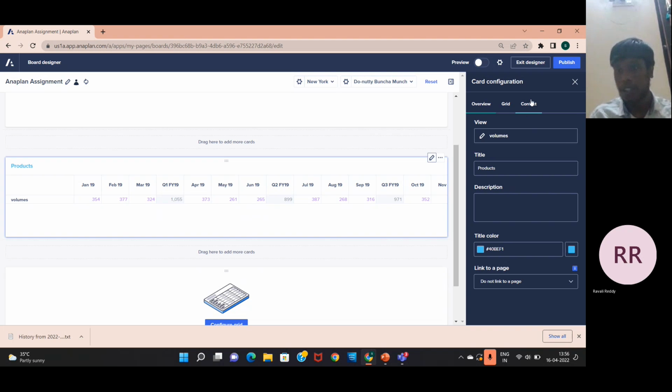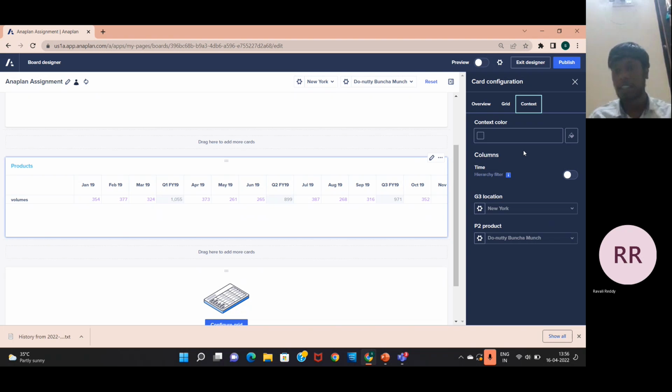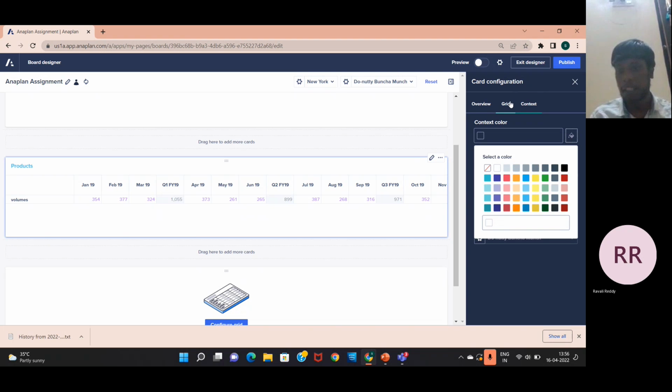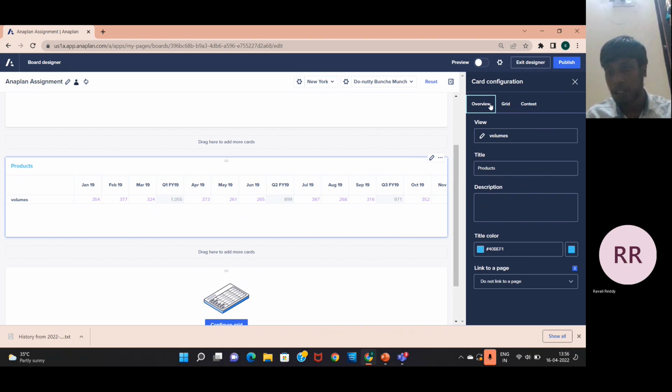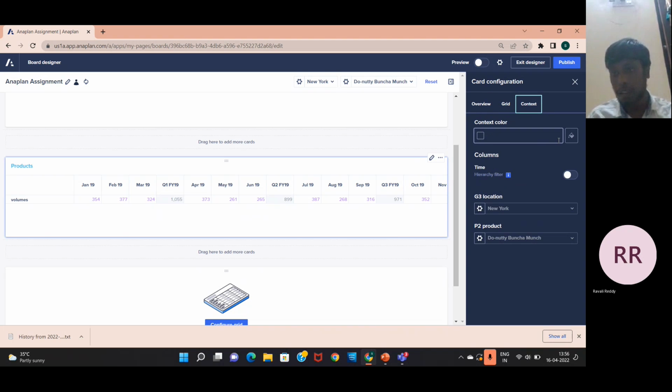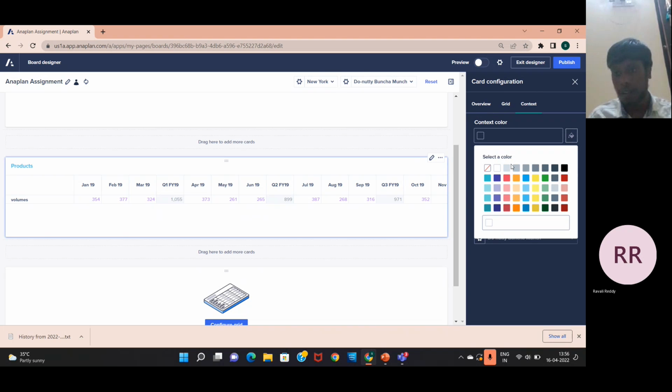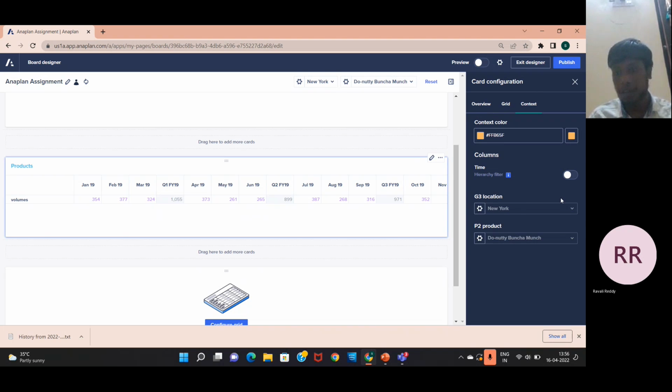And last is context. Here context is nothing but we should give color to the context, and I didn't give any context here. So I'm just giving yellow. Time filter. If we want to do any filtering in time, then we should apply this. See, if you want to show here the G3 location and paid products by clicking this